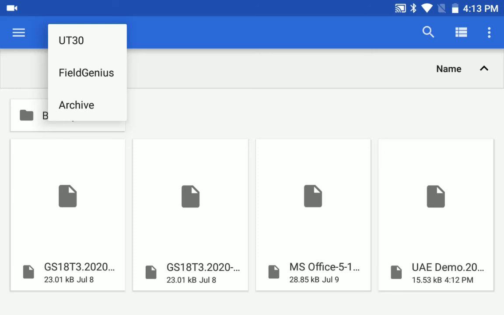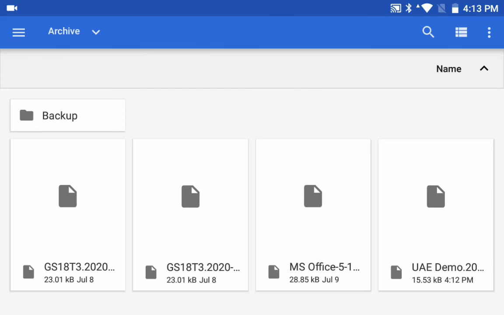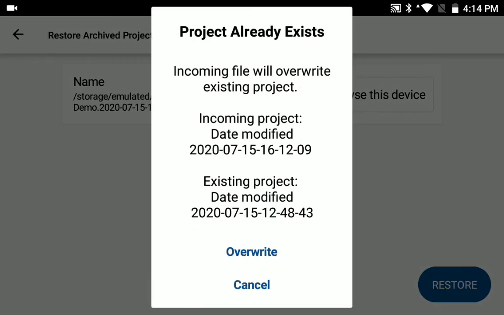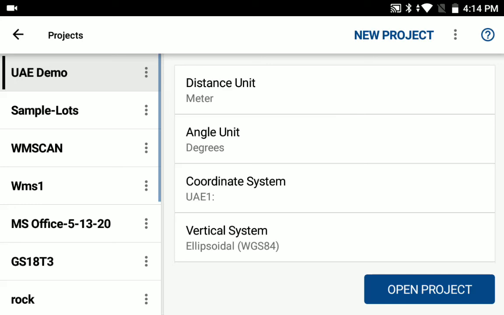So in this case, I just created the UAE demo project, and if I hit the restore button, it'll go ahead and restore that project to the device. If the project already exists, as it does in this case, it gives you the date and time of the incoming project, the date and time of the one that's existing, and you can either overwrite or cancel. So this makes it very easy to store and back up projects for security, as well as send a